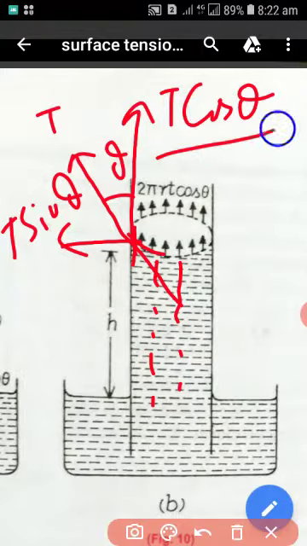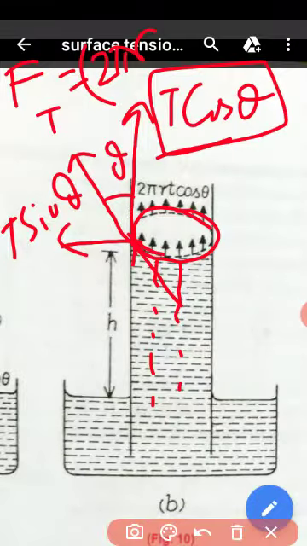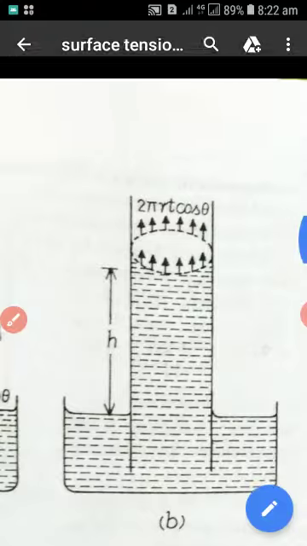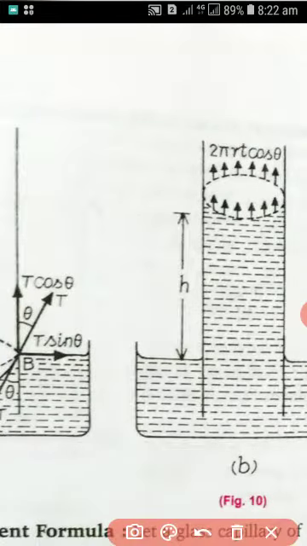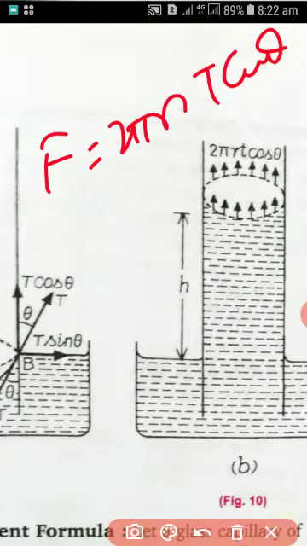And this is called the surface tension component, into 2 pi r. 2 pi r means the circumference. So this is called the force. Force equals surface tension into length. Length means here 2 pi r. So now you can write force equal to 2 pi r into T cos theta, and that force is responsible for carrying the liquid, which we can write as